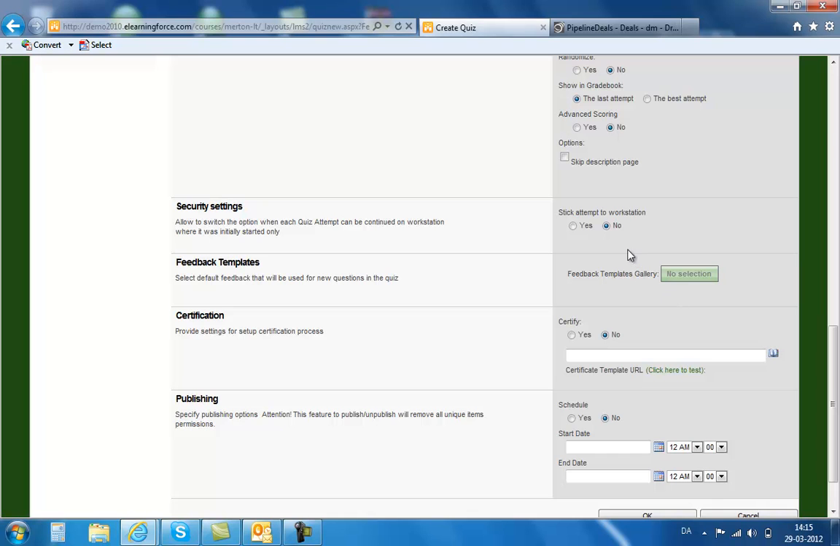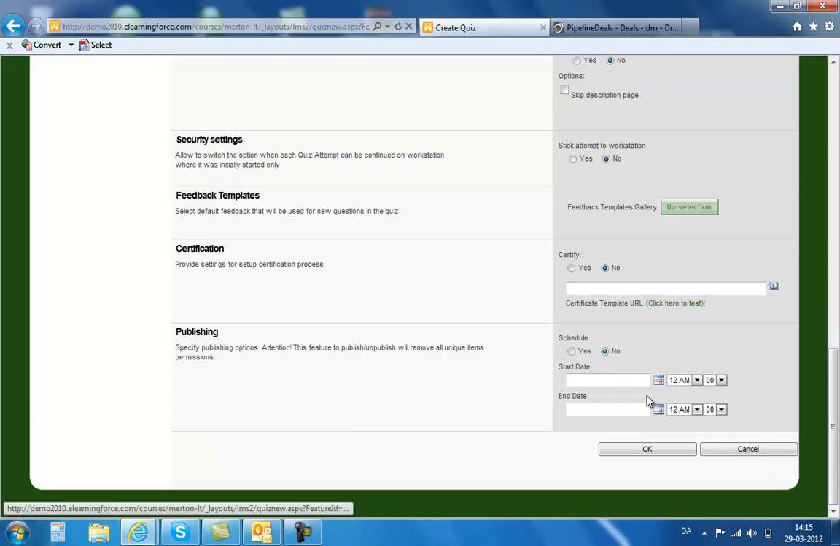Furthermore, I can stick it to the workstation if I want to, so they can only take it from one workstation. I can have some feedback templates. I can run a certificate on the individual quiz if I want to. I can do some publishing where I say it's only valid for a certain period of time, so as soon as it's not within that date range, it will then be not visible for the course participants. Once I've done this, I can actually set OK,